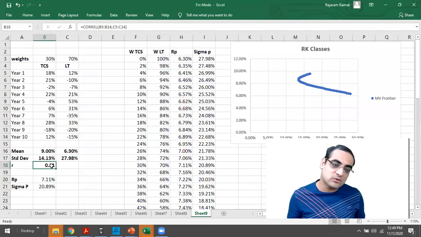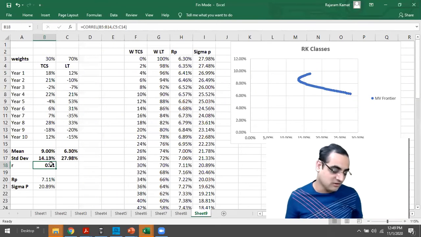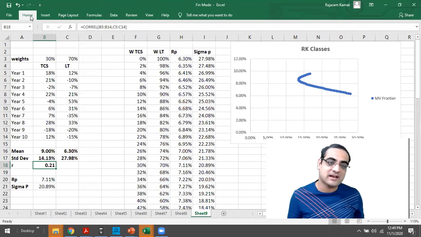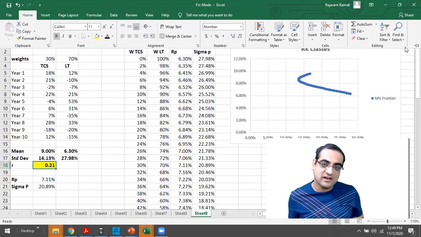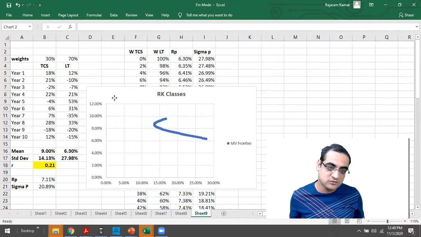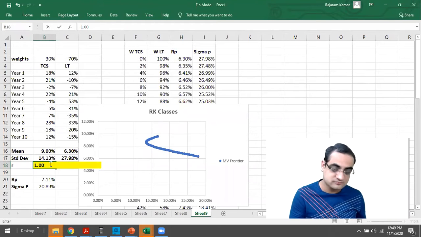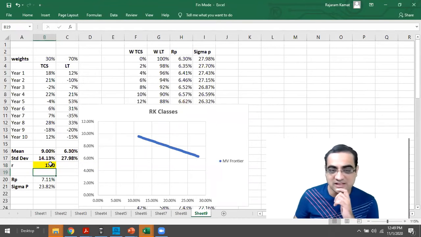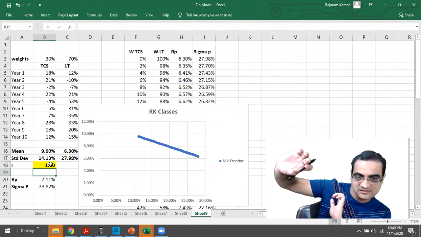So let me start with correlation. Although we have calculated it by the formula over here, let me directly plug in the data. Correlation, let me put it over here. Let me highlight the cell that I'm changing over here. So that's the cell I'm changing. And I want you to see how the graph changes. Let me pull the graph like here, so that you see how the graph changes. So R 1.00, see the graph is like a straight line over here, but it's happening like this. Actually, it should come like this.